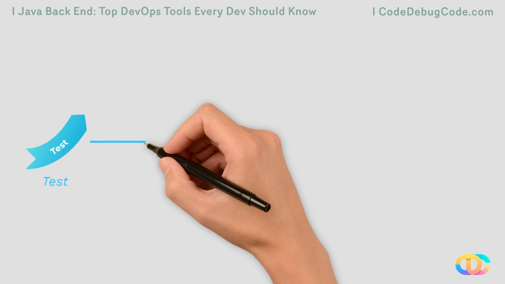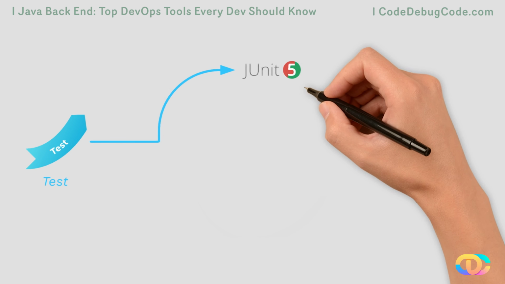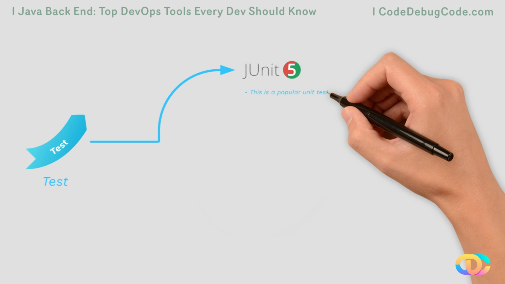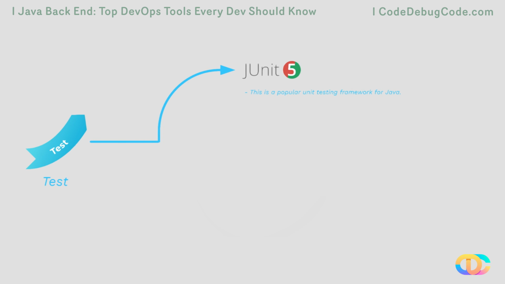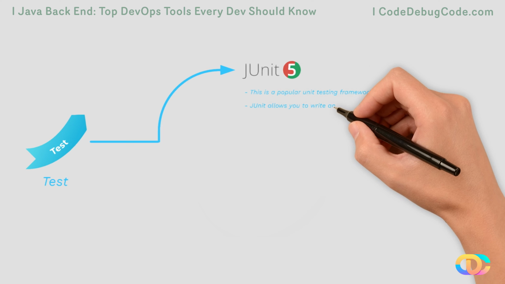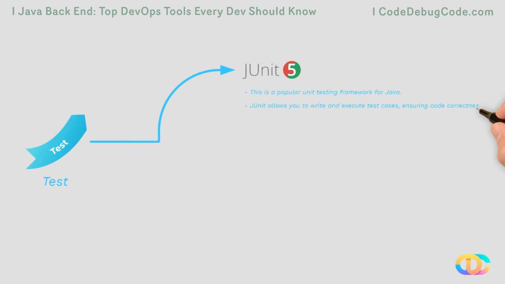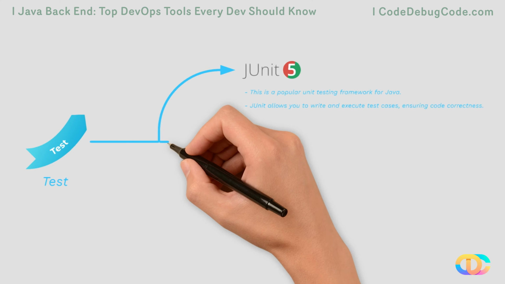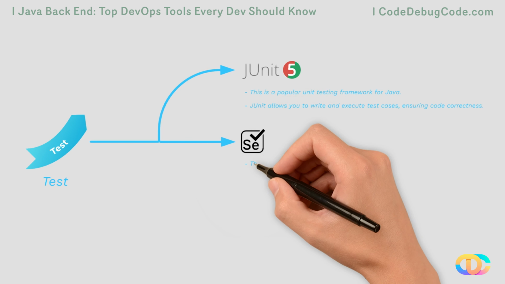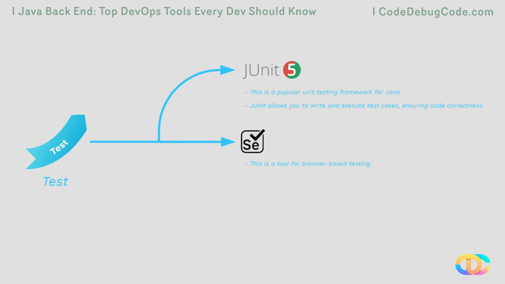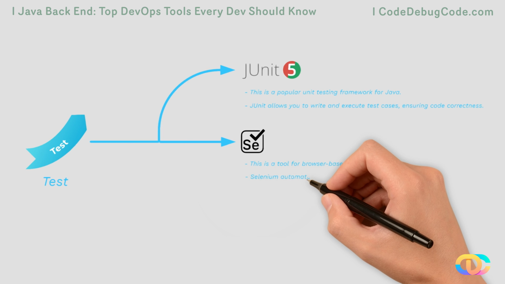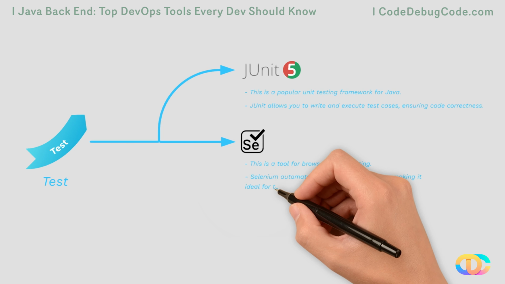First one is JUnit. This is a popular unit testing framework for Java. JUnit allows you to write and execute test cases, ensuring code correctness. Now, second one to discuss is Selenium. This is a tool for browser-based testing. Selenium automates web browser interaction, making it ideal for testing web